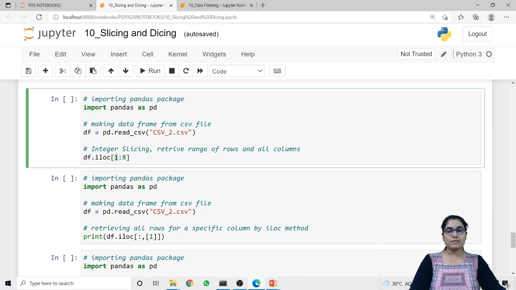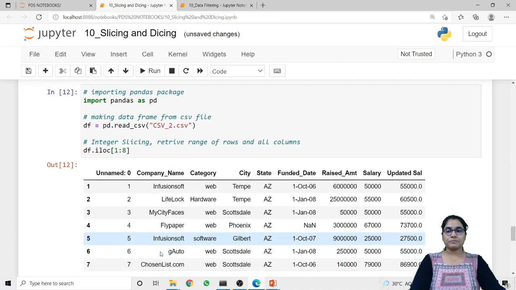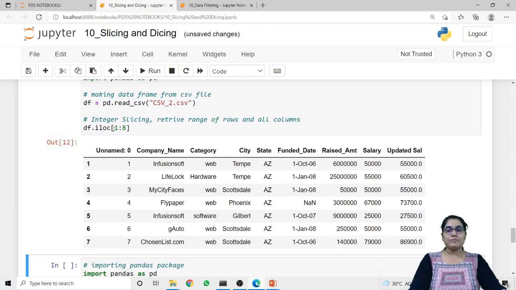Because 1 is the starting point from which I want to start retrieving my rows, and 8 is my ending point. So let's run this code. So here you can see, for 1 to 8, it will return 1, 2, 3, 4, 5, 6 and 7 rows only. The 8th row will not be added in the result because 8 is our ending point.